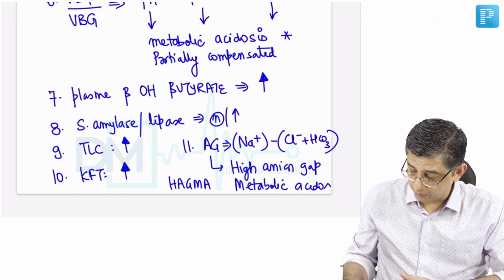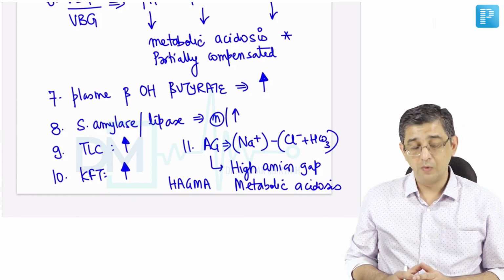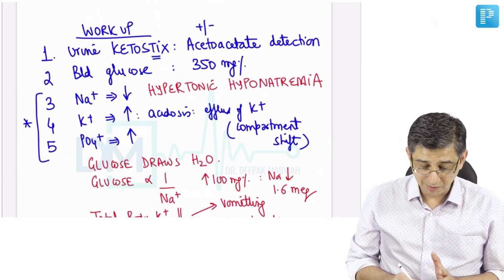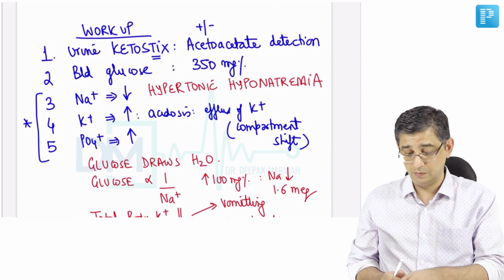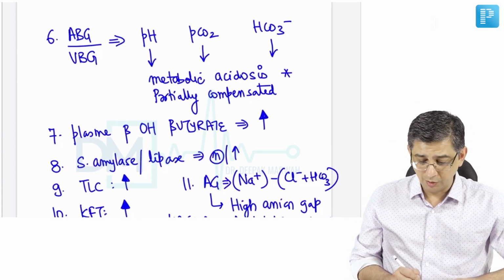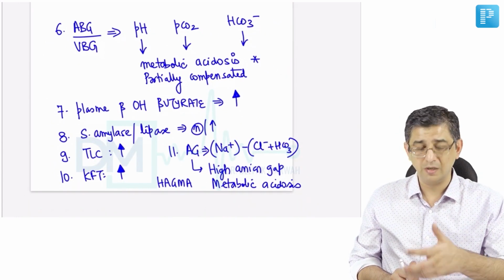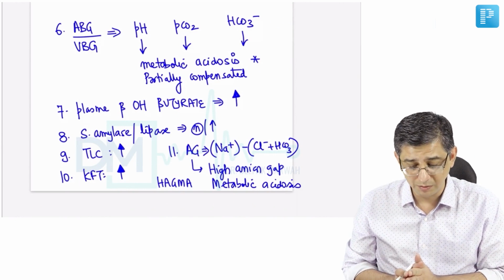Metabolic acidosis has been dealt with separately in the kidney section. You can go through that. But do remember these aspects. The minimum aspects that I wanted you to remember are the changes in the electrolytes of the patient. Sodium is less. Why? Because of the hypertonic component and water coming in. The remaining two are deranged. And the remaining facts, 6, 7, 8, 9 that I've written, are very easy and easily identifiable, and you can definitely solve them in questions.